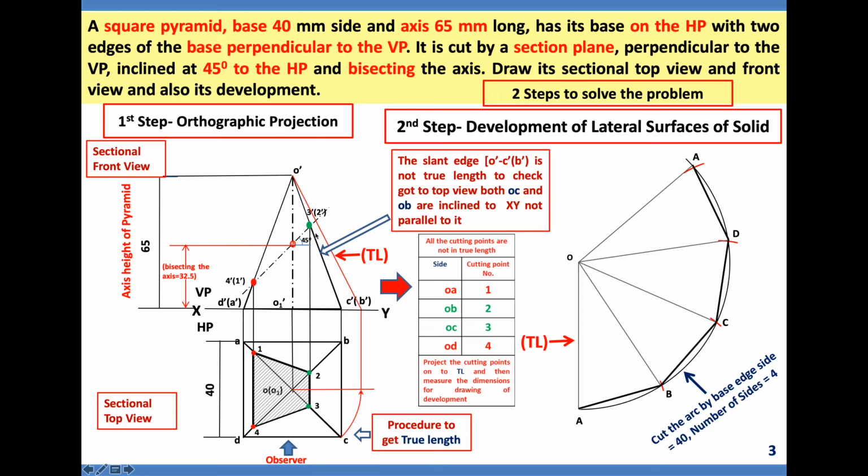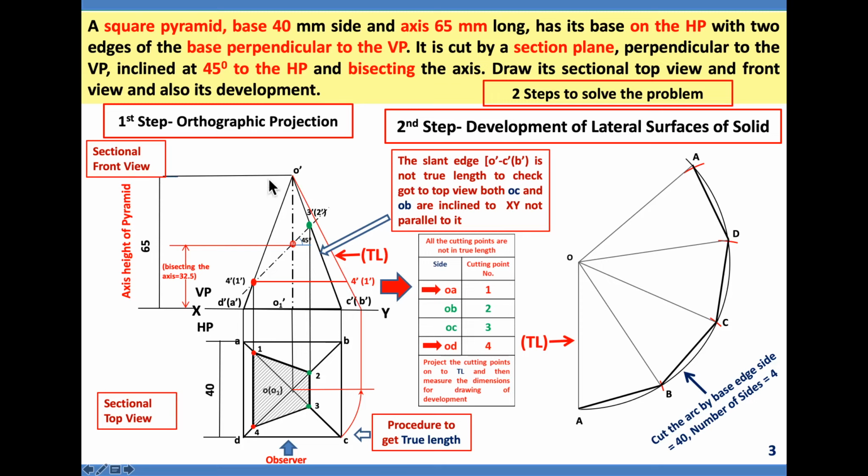Okay, now let me start. First point, which is on the side OA, cutting point number 1. I'll go to this with the help of cursor, where it is here. At this point, since it is not the true length, and also OD, the fourth cutting point, because 1 and 4 are at the same point, draw a horizontal line until it touches the true length line. So now this point is new 4 dash bracket 1 dash.